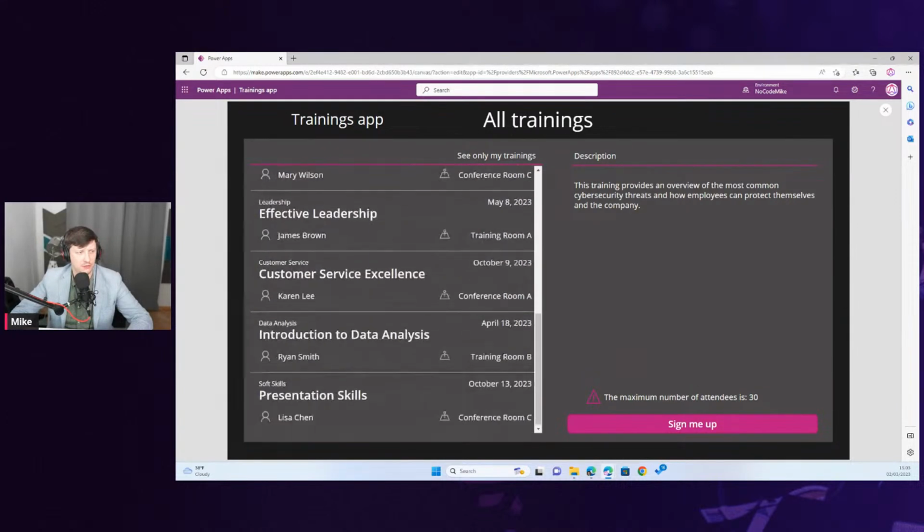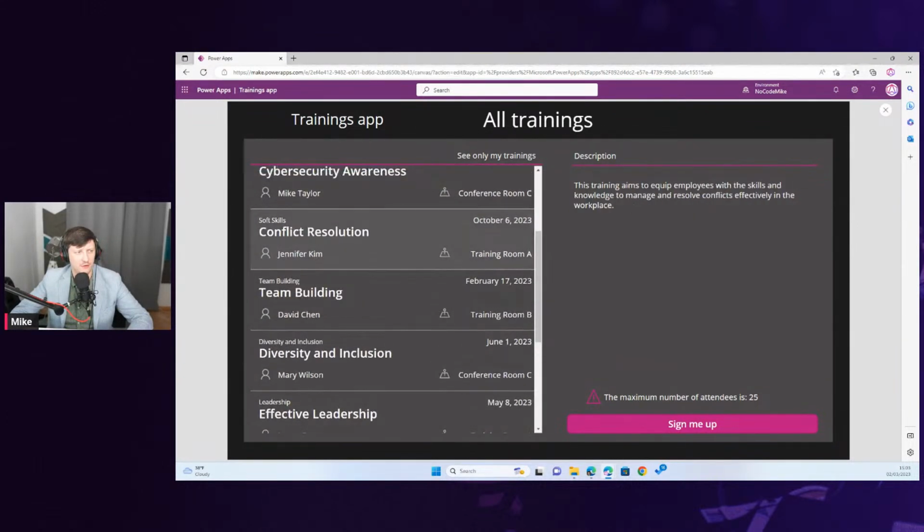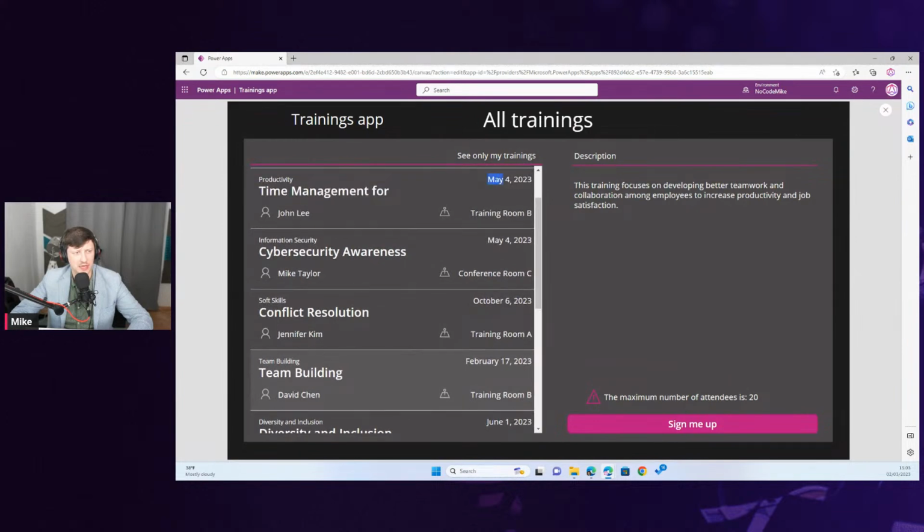I can review the list of all trainings in my company, see some dates, the location, information about the trainer, and the category of a training. Of course, there is no search, no filtering option, no sorting. It's a very simple solution just to get a basic glimpse of what the platform is capable of.